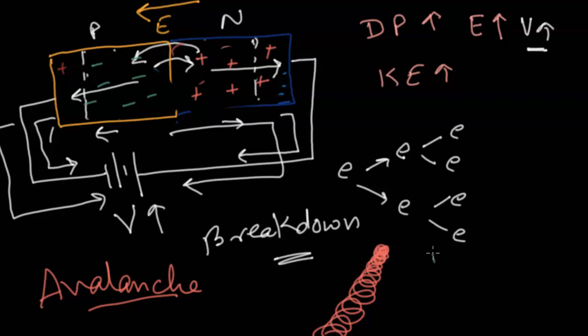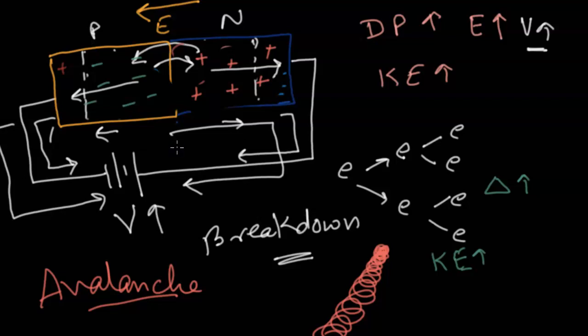No, because what happens is as the kinetic energy keeps on increasing, we discussed that there are going to be more collisions. As there are more collisions, the heat increases in the diode. As the heat increases and the current keeps on increasing in the reverse direction, the diode starts melting and it starts malfunctioning, and there will be a point when the diode is going to go poof and it's going to start melting and smoking up and eventually stop functioning.